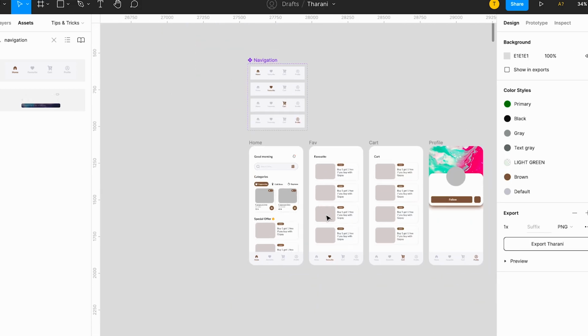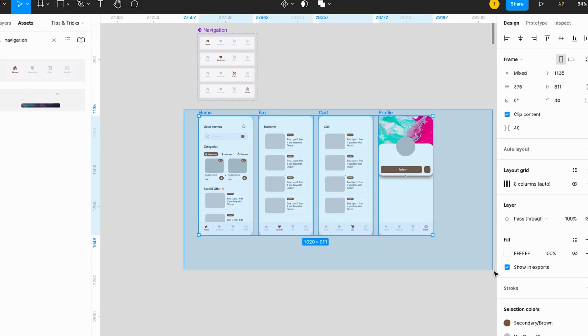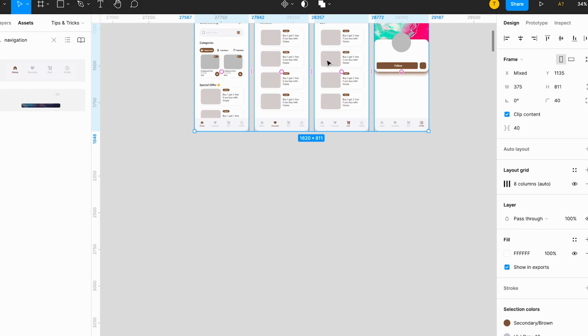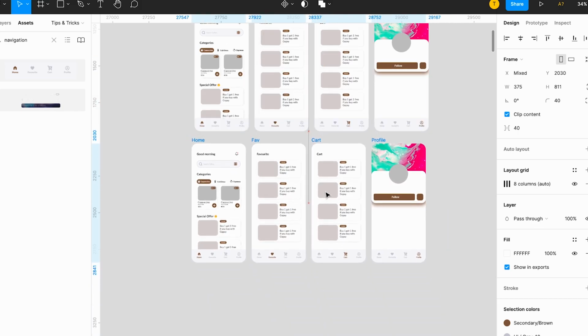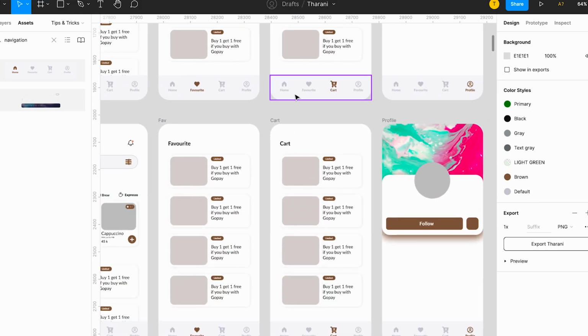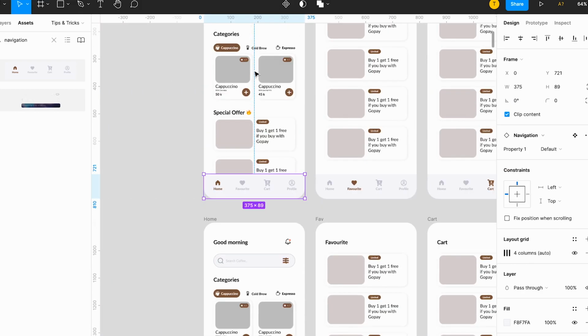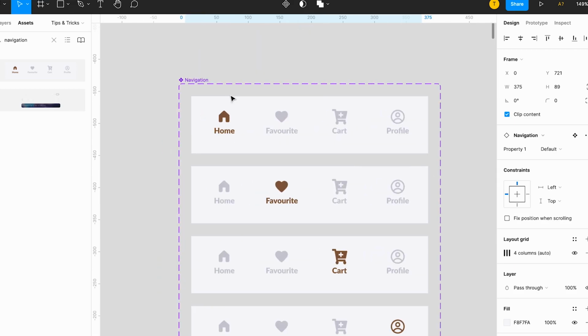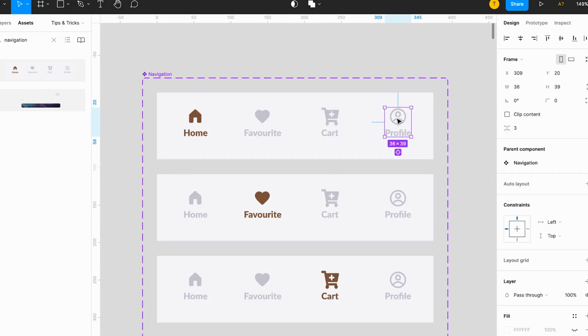Sometimes I might not want to. So let's say I have created 10 screens like this. Let's say I have created a flow like this. I've used this bottom navigation bar everywhere. But someone has asked me to change this